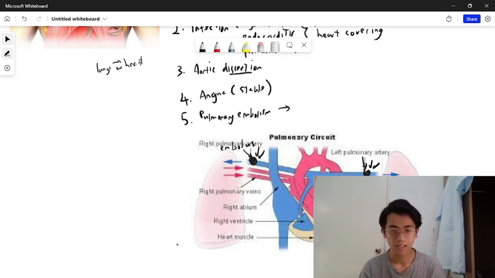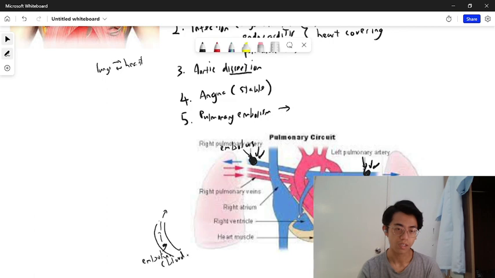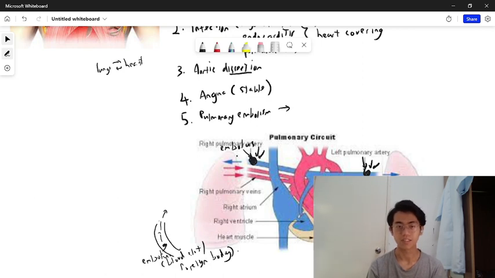The thing that travels through the blood flow from another part of the body is called an embolus. That embolus can be a blood clot or it can be a foreign body. And when it's stuck in the pulmonary artery, it is still an embolus. But the process of this embolus traveling and getting stuck, this whole process, we call